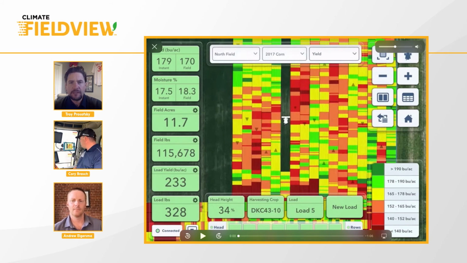So if for some reason you don't see those boxes illuminated on the left or the bottom, that's very important for you people out there who are wondering, what's going on? It doesn't seem like I'm collecting data. That's where the issue is. It's likely not Bluetooth connected to the drive. You can see the drive is right beside Cory's iPad there in the cab. Great place for it. Then you know exactly when it's actually connected.